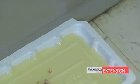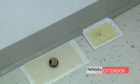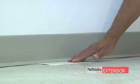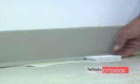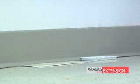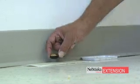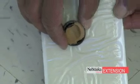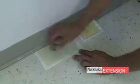Some people prefer the glue board. And there's several different types of glue boards on the market: the larger flat ones, which are thin, so some mice can pull away, and the tray type. And these come in several different sizes. What you would do here is to bait these. Now remember, you want this glue to be viable. So do not put the peanut butter bait or bacon or cheese, which are greasy items, in the glue. That makes the glue ineffective. Put the peanut butter in a bottle cap and stick it in the middle of the glue board